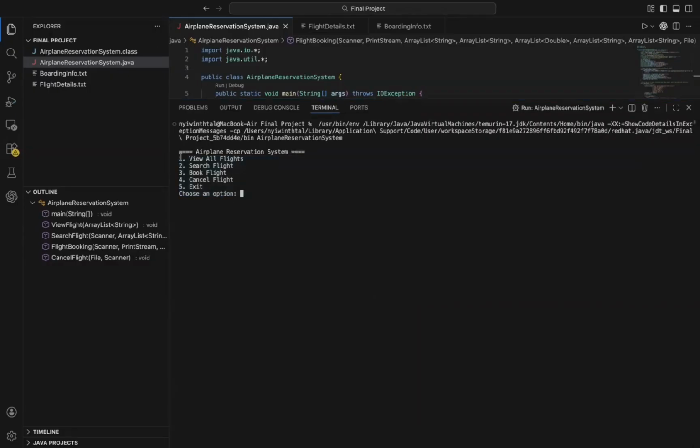Here, you can choose option 1 to view a flight, 2 to search a flight, 3 to book a flight, 4 to cancel a booking, 5 to exit the program. Now, if the user enters anything other than a number, it prints out this error message. Now, if I want to view all the flights, option 1, it loads